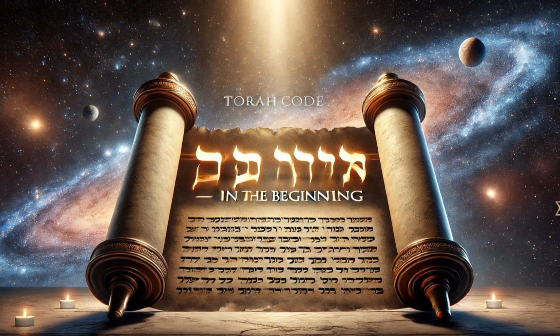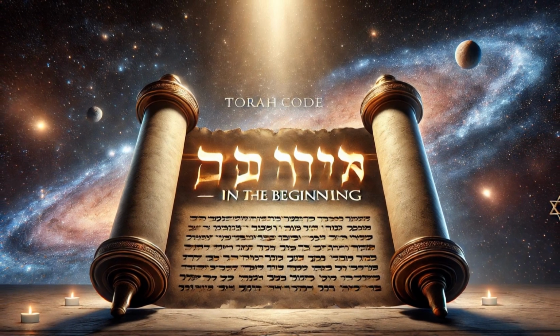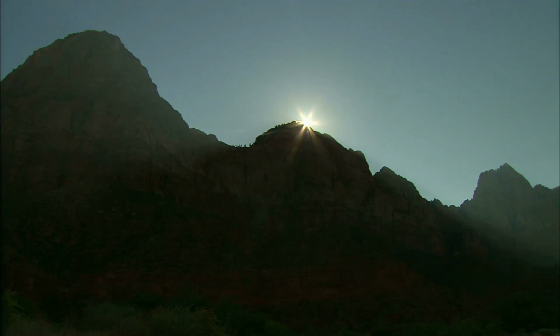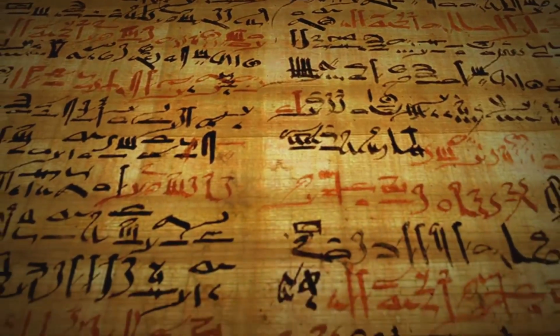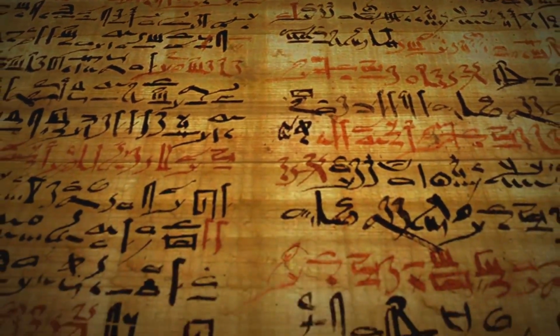At first glance, the opening word of the Torah, Bereshit, seems really simple. It's usually translated as "in the beginning," and it just seems to mark a time, like a poetic start to a story about creation. But in Old Hebrew, especially in the language and symbols of the Torah, no word, especially not the first one, is ever just poetic.